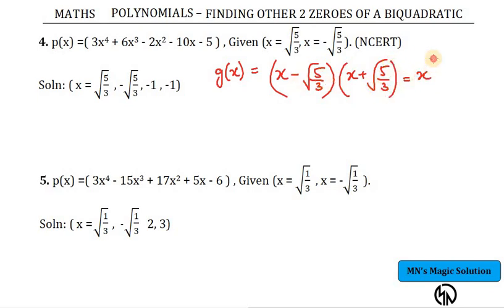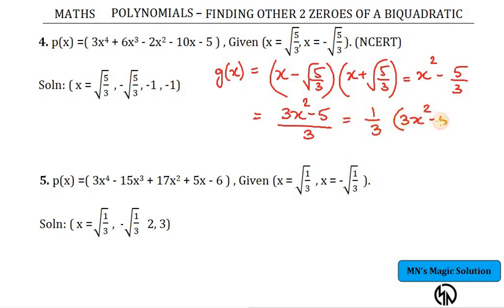So you'll end up with x squared minus root 5 by 3 whole squared, which will be 5 by 3. Right? So with LCM, we will get it as 3x squared minus 5 divided by 3. And this you can write as 1 by 3 times 3x squared minus 5. So 1 by 3 is one of the factors, which we keep separately, and with this 3x squared minus 5 I can